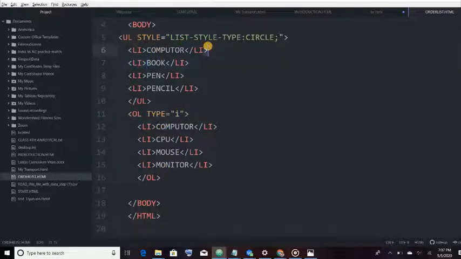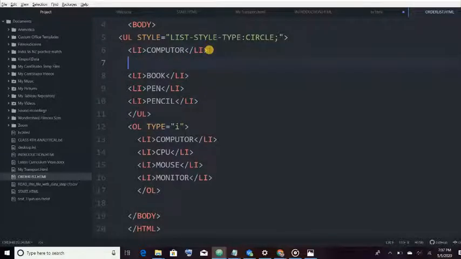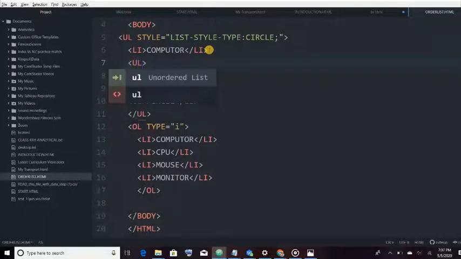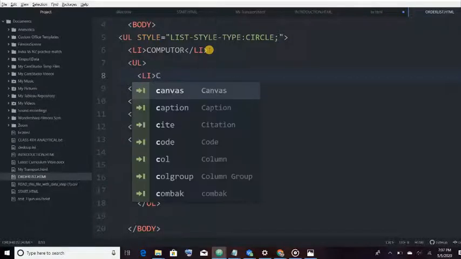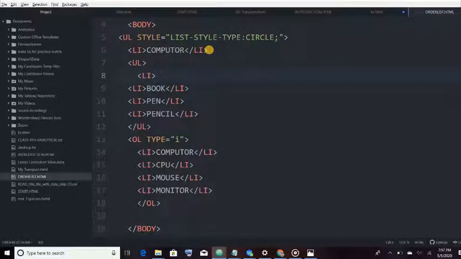Now I will tell you the method through which you can insert an unordered list in an unordered list. So in computer I want to add different components. So here I will use the unordered list tag again, and here I can insert different items. For inserting I will use li as the list item tag, and I will insert the item under computer.